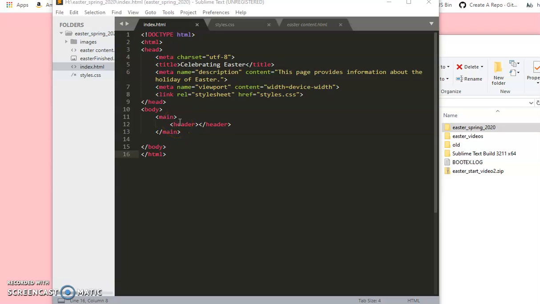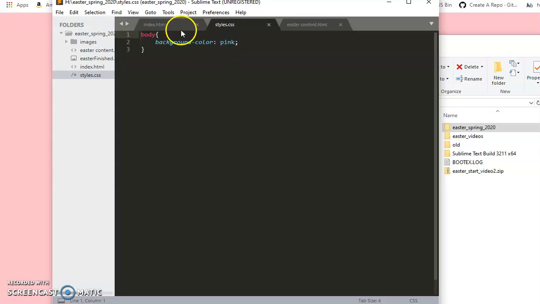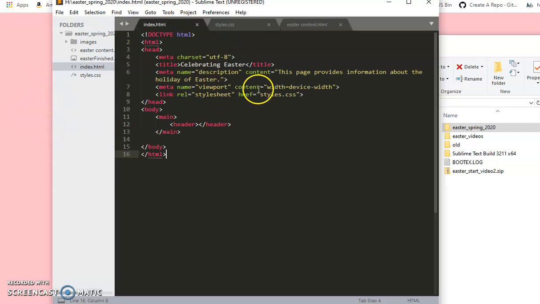So let's go ahead and put a little more HTML before we start messing any more with styles. I just put that pink background on there in CSS just for us to test to make sure that this style sheet is attached to our index page. And if it didn't, then we can fix that before we start moving on. So we created our main, and if we take a look at our picture,